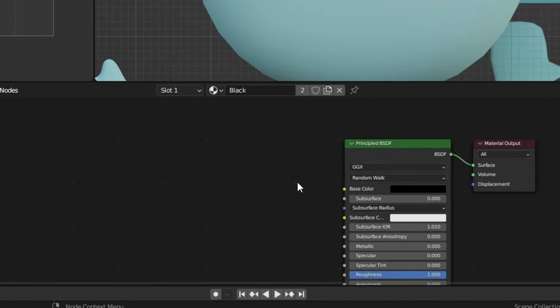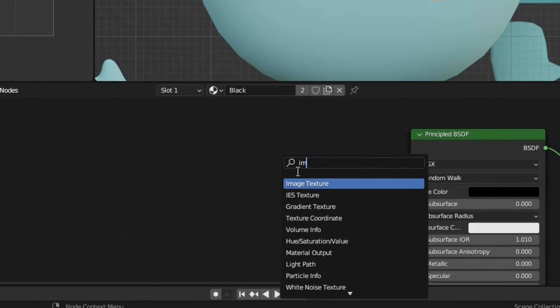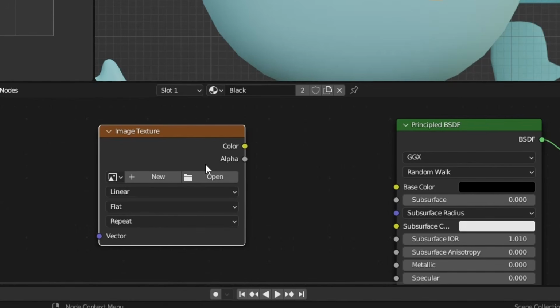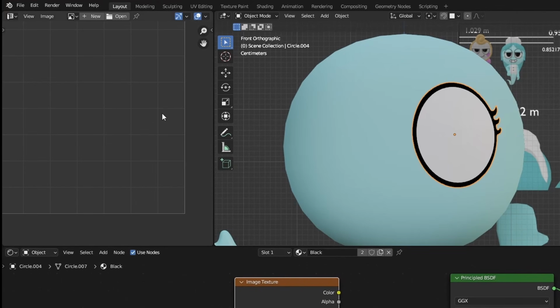Now we're going to add a new node. Go ahead and hit Shift A, and we're going to type in image texture. Right here, we have our image texture. Of course, we do want to add one more thing to this. But to make that way faster when it comes to nodes, we're going to go up here to the edit,